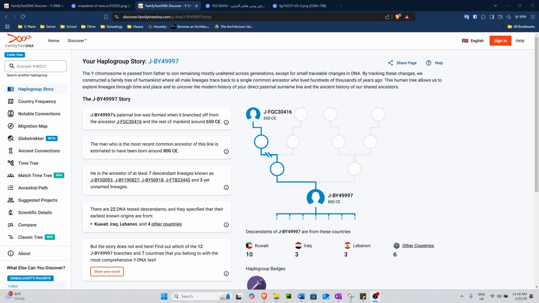So, as we previously saw with FGC 54257, there are a Ja'fari family, some Rizvis, and some Musawis also, but that was not labeled as the Ja'fari mutation. Rather, this is very small. Only a few people belong to it in Kuwait, Iraq, Lebanon, and so far none in the South Asian subcontinent.